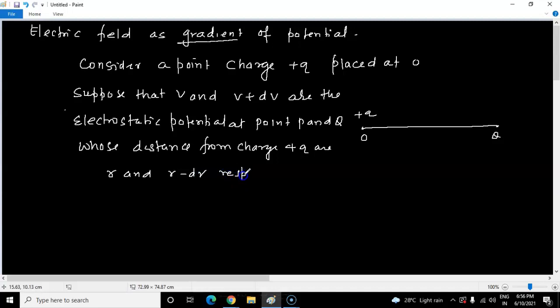Okay. So you can write here this is the charge Q, and this is the point P. The total distance from O to P is R, and this is where you are displacing it from P. So the force here is Q into electric field, that is F equals QE. So we are displacing P by a small distance, that is dl here. So this distance becomes R minus dr. Okay.